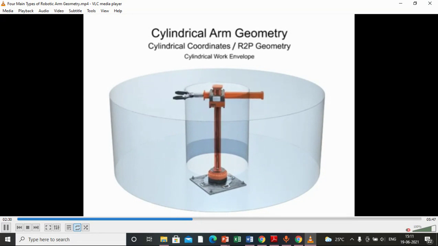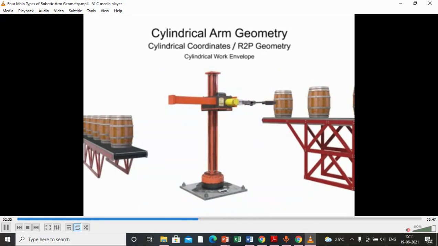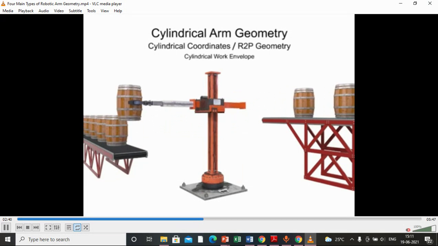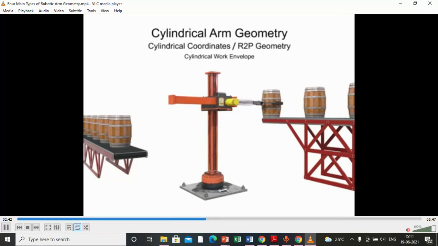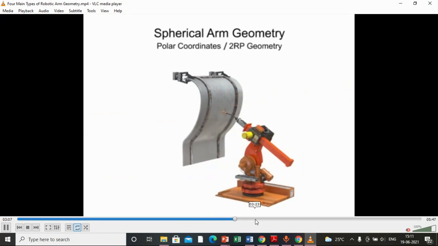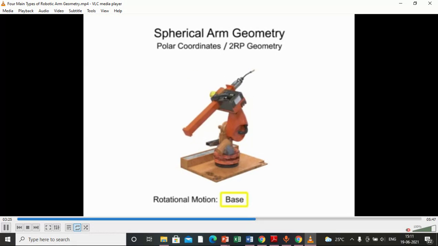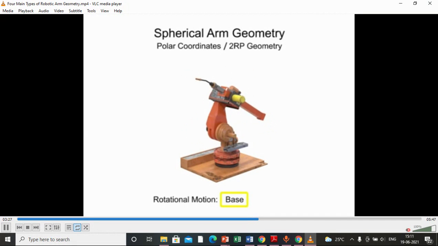And the hollow area shown is where that particular robot cannot reach. This is also a spherical arm robot. You can see the rotational motion, that is called the base or shoulder. Then the linear motion, reach.